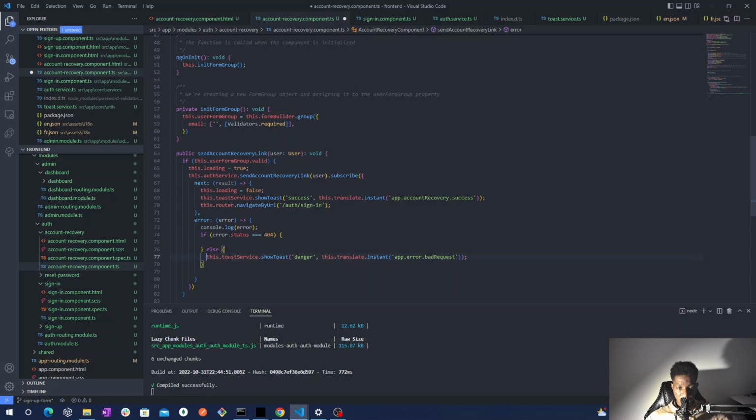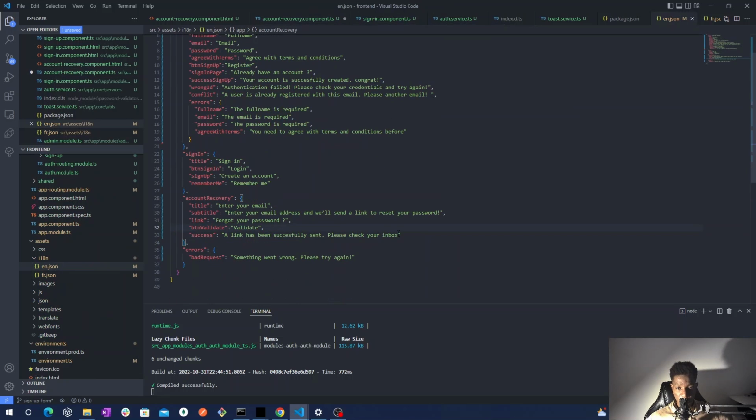We say that we don't have any user registered with this email, so we can't send any account recovery link to the user. So let's actually say that inside this object, not found email, we will say that